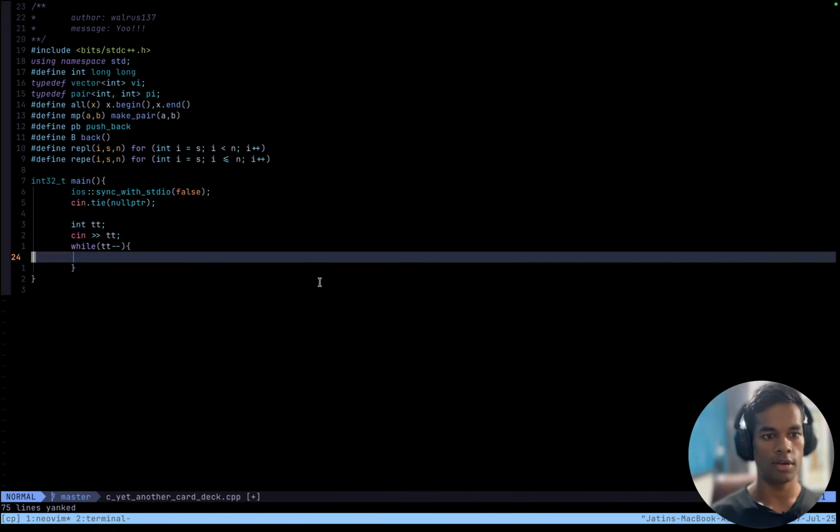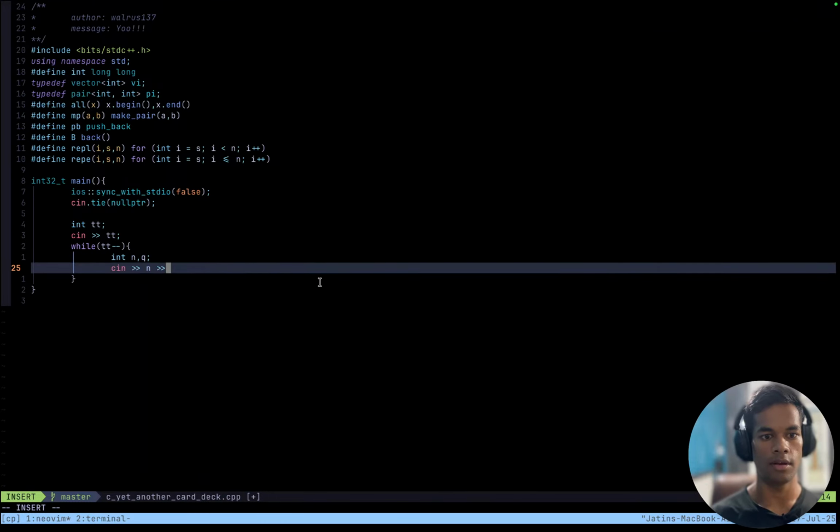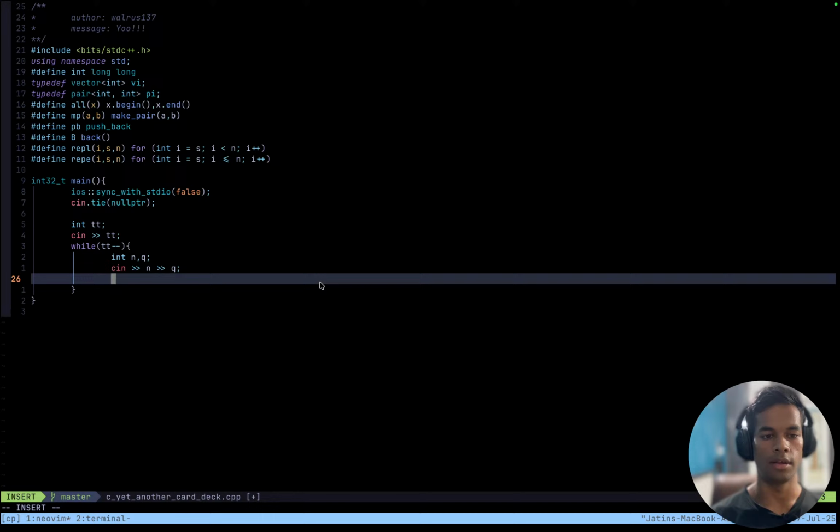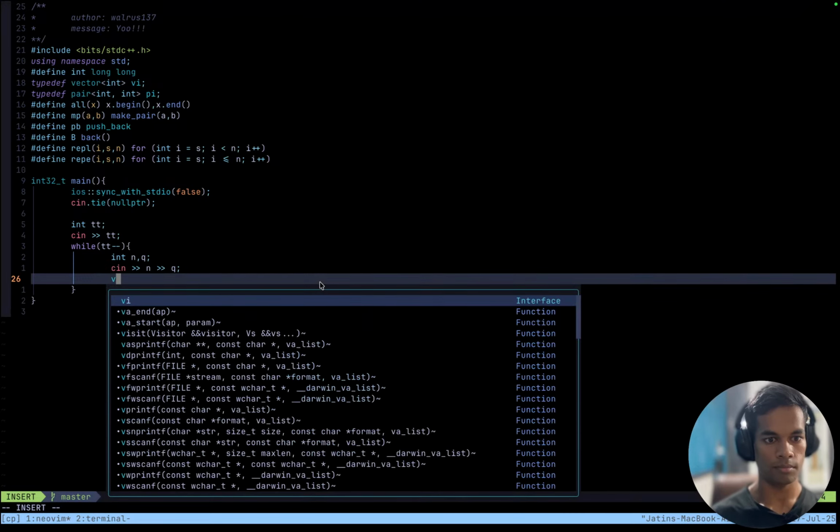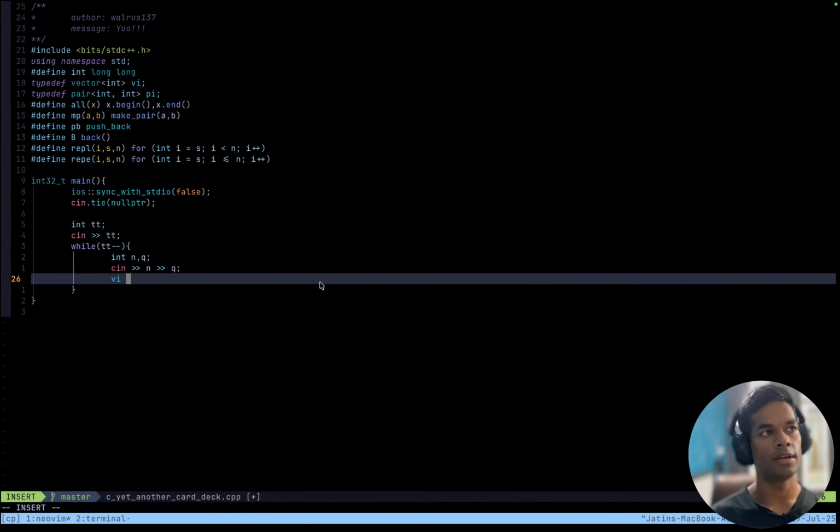Boilerplate C++23. int n, q, cin n q, and then after that vector. No, I do not want a vector like that.